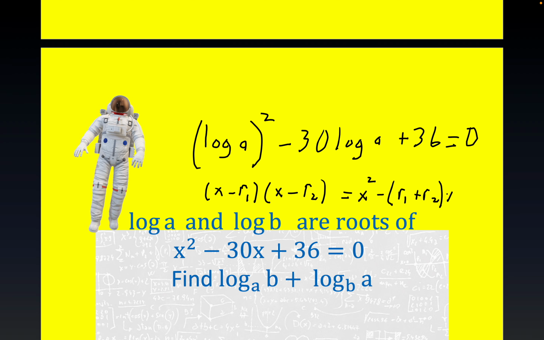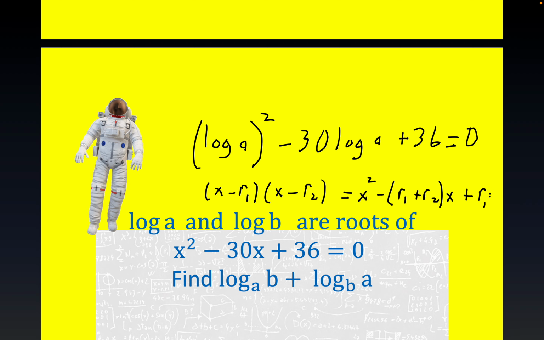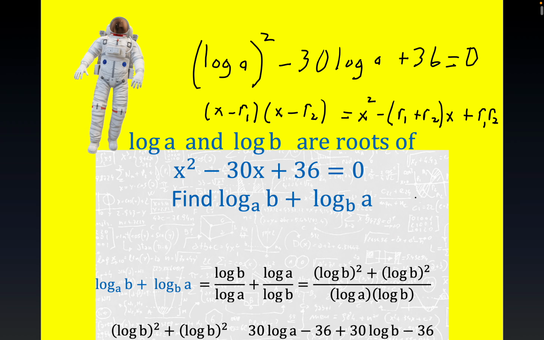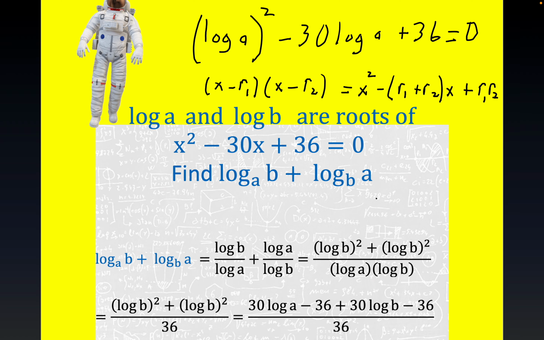And also just the straight up product is your last term. The minus signs cancel out, and so the product of the roots appears as the constant. Okay, this is an important result because what we can do very quickly is write down